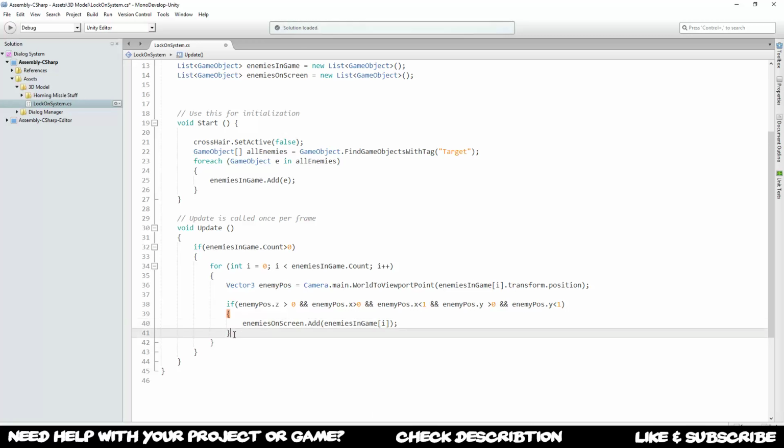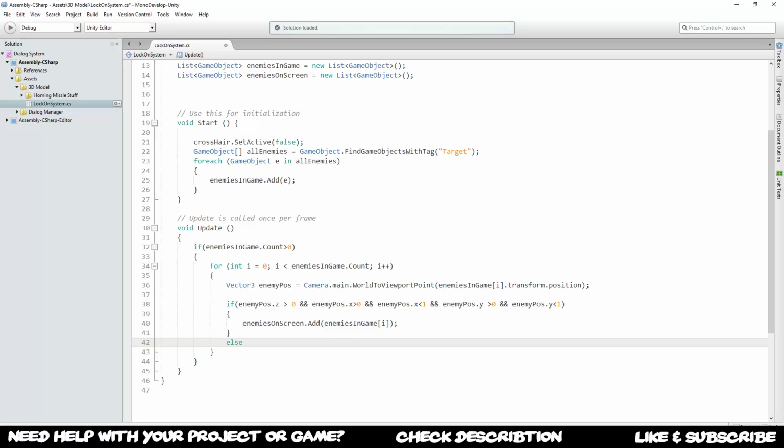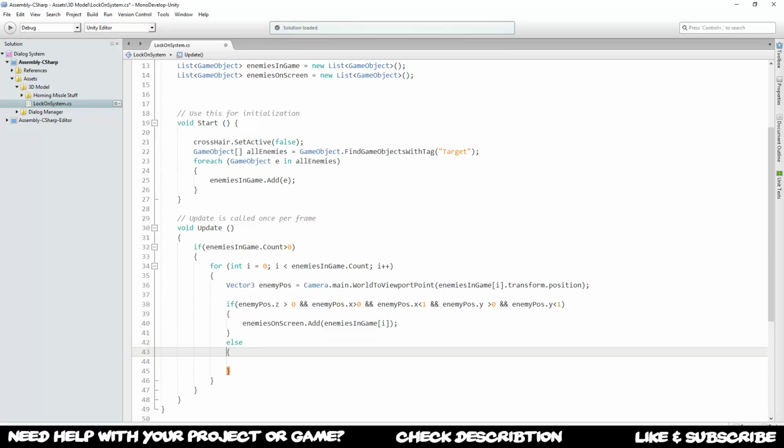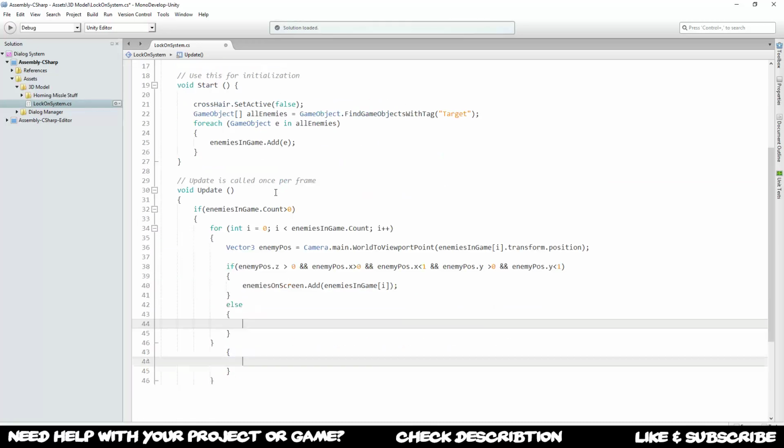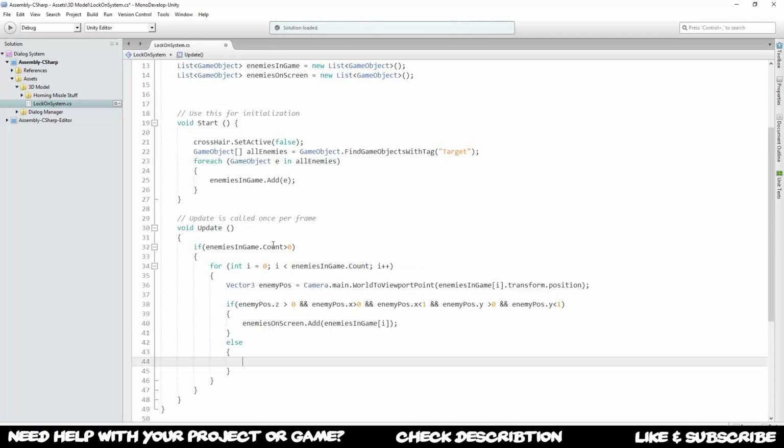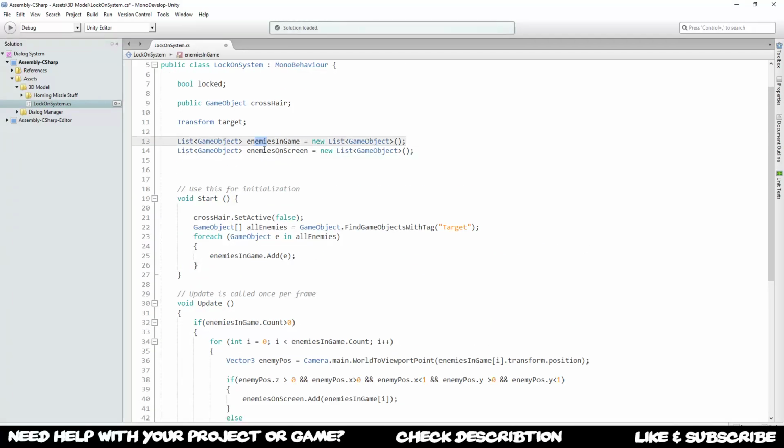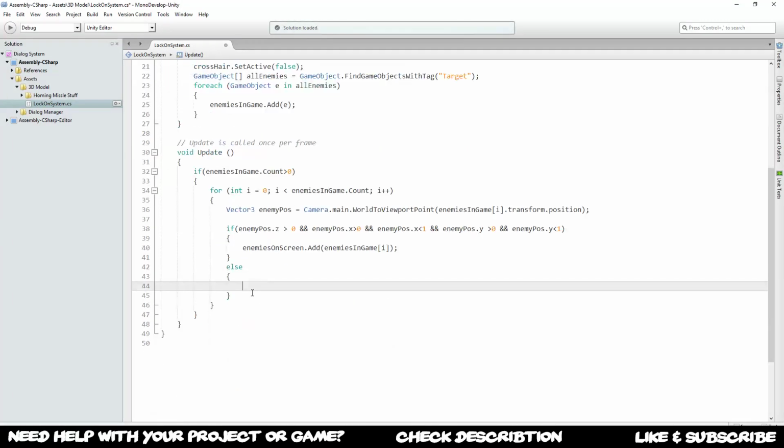Now if that is not the case, we want to remove it from there, of course. Once again, whenever you delete stuff later on, you want to make sure that you remove it from both lists, if you are using this constantly. So whenever you destroy an enemy, you want to take them away from here and from here. So you don't get any null references because the enemy probably does not exist anymore, but the list is trying to access it. So what we want to do is check first if that is not the case. So else if,